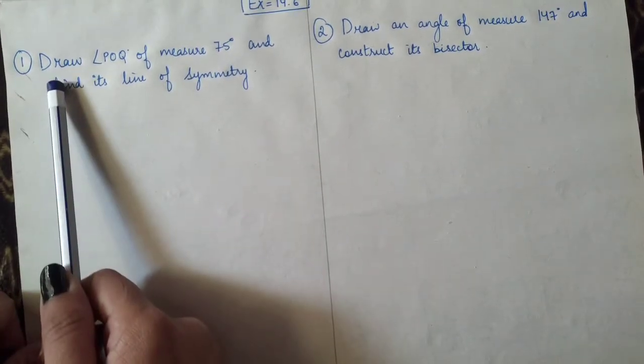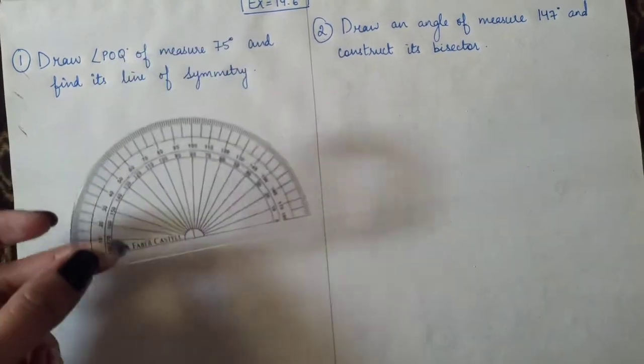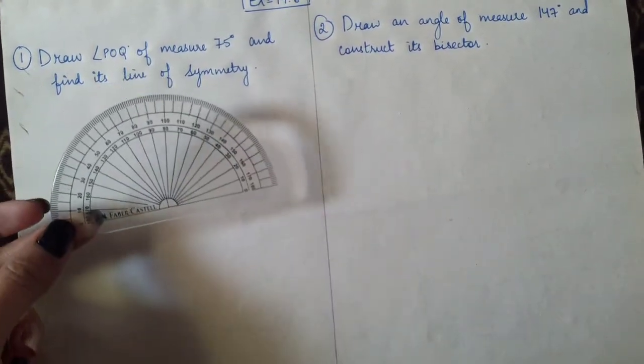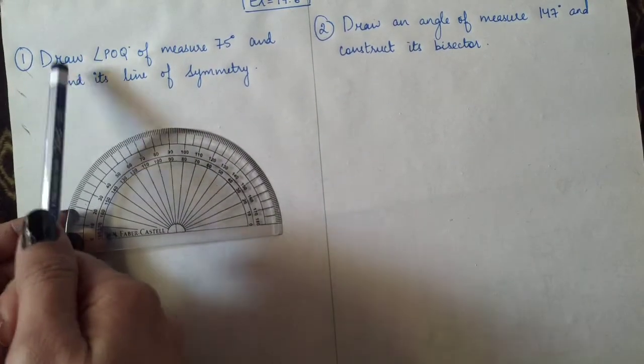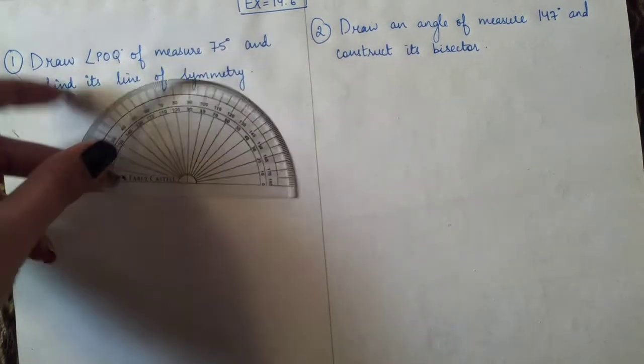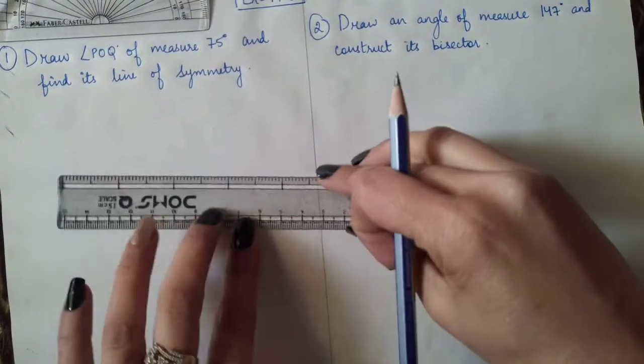And here the word is draw. So you will use your protractor to draw 75 degrees. When they use construct, you are not supposed to use the protractor. Otherwise, if it's mentioned draw, then you can always use your protractor. So for that, first we'll draw an angle of 75 degrees. For that, we will be requiring